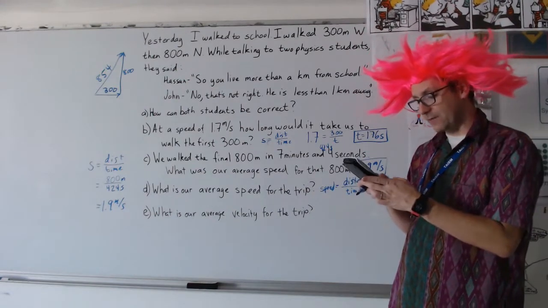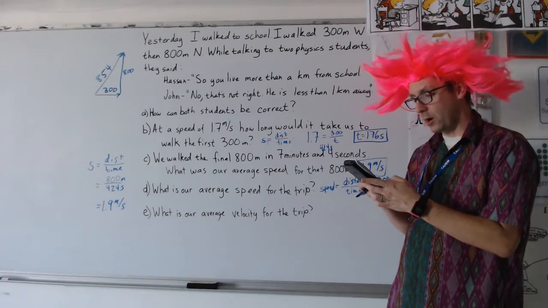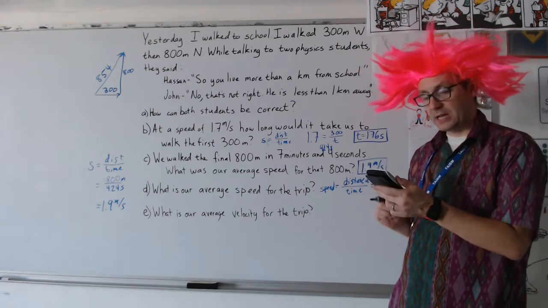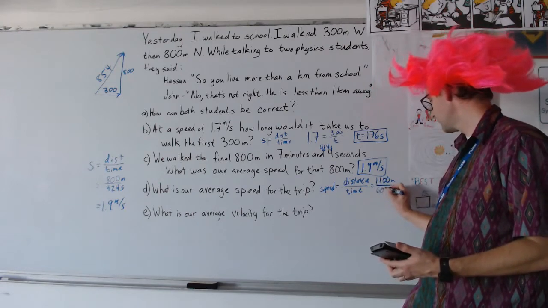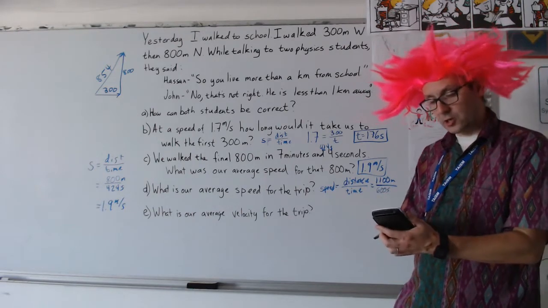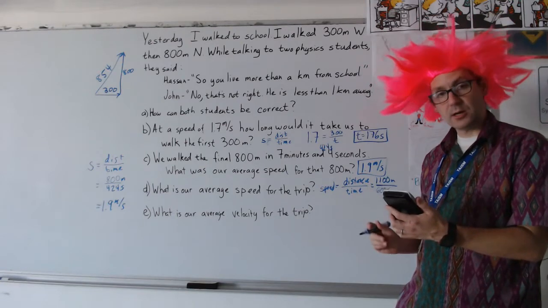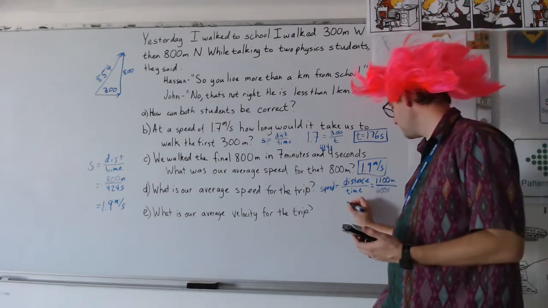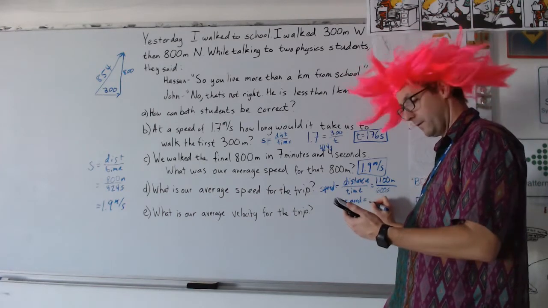That 176 plus that 424. And that's going to give me a total time of 600 seconds. And now I can do 1,100 divided by 600, and I get a final average speed of